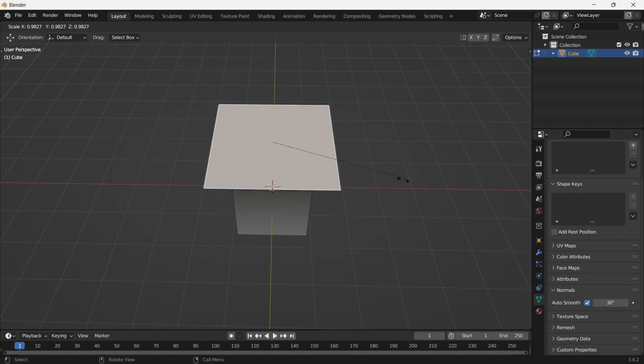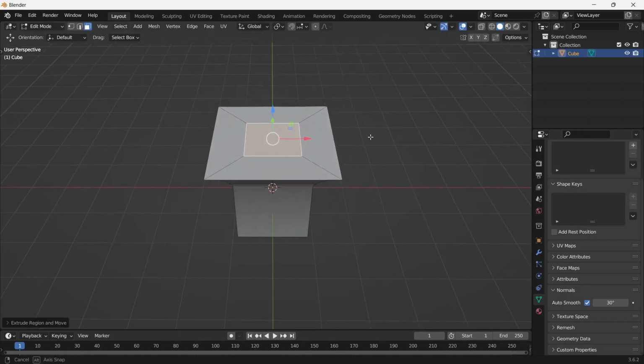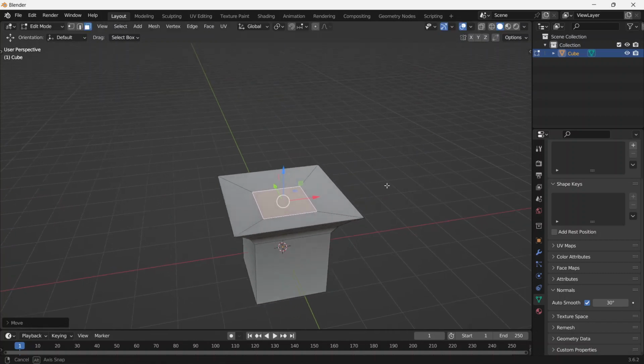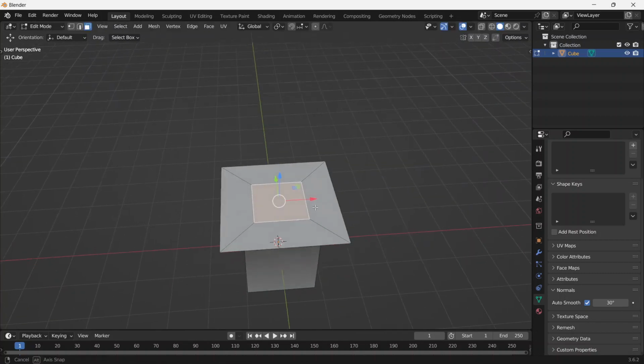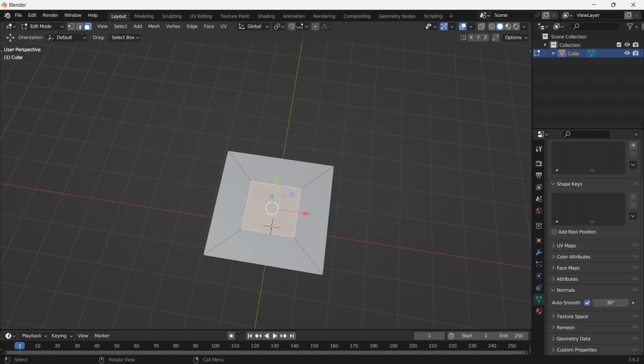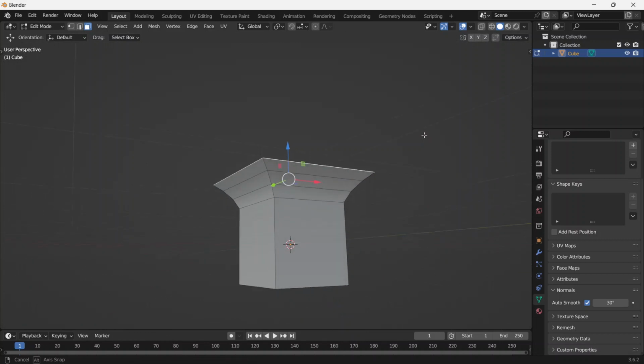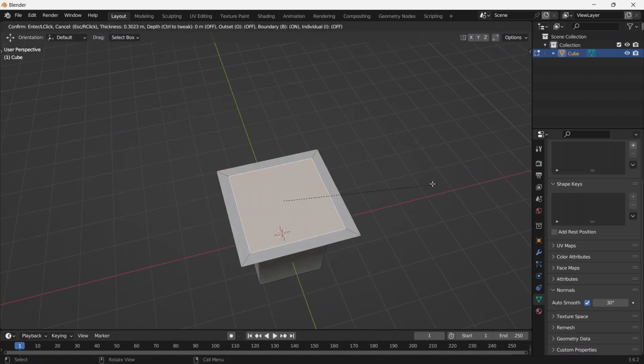There was also this extruding inward, right? And if we do that and apply it, and we grab on the Z, we've effectively created 5 total faces, but 4 new faces on the outside of the shape. A quicker way that we can do this is if we press I. This is the inset tool,